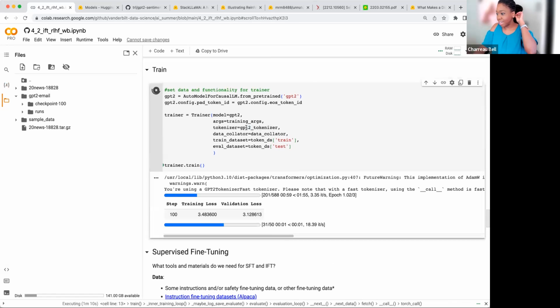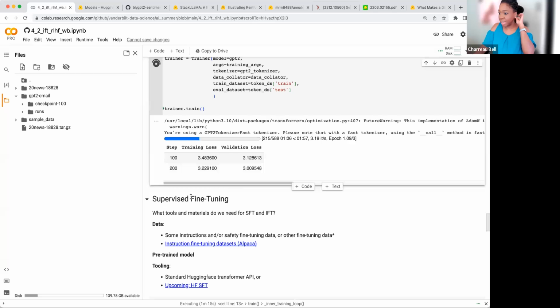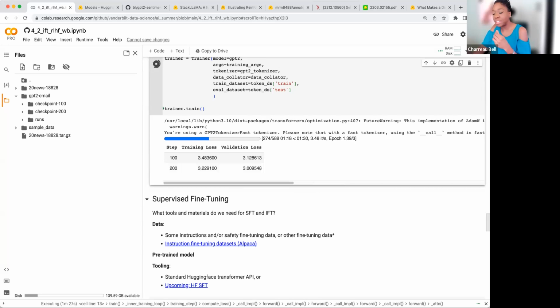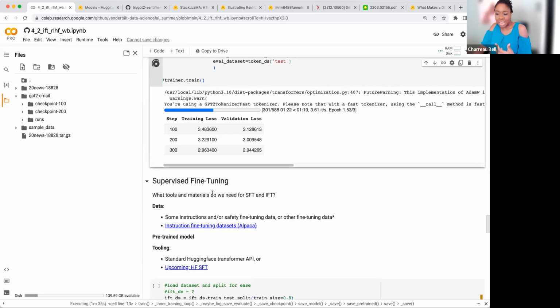Okay. Very exciting. So while this thing is training, we're going to just ease on down to supervised fine-tuning. So what was this again? This is reflecting what someone was saying about being able to train it against misinformation or things that you really wanted to know for safety, and for instruction fine-tuning if that's something that you're after. So for supervised fine-tuning, what we need generally is the data where it matters that the model is answering correctly or in the way that you want it for safety and reduction of harm. Okay, so that's what we are after.